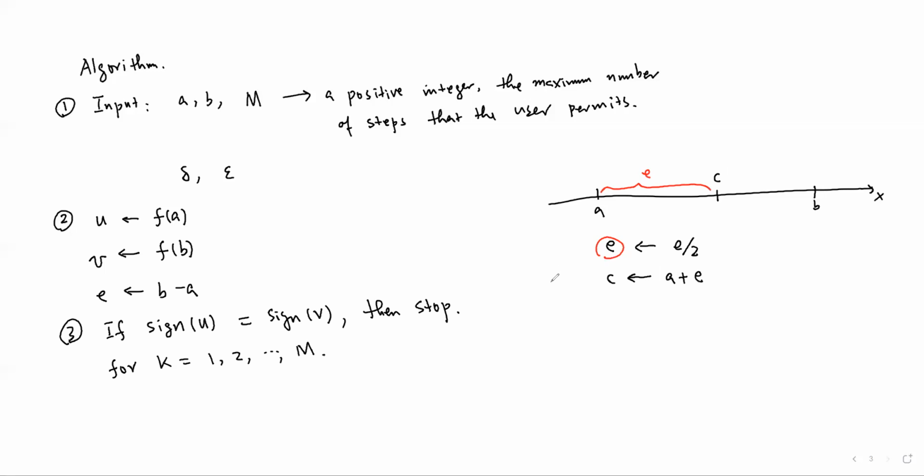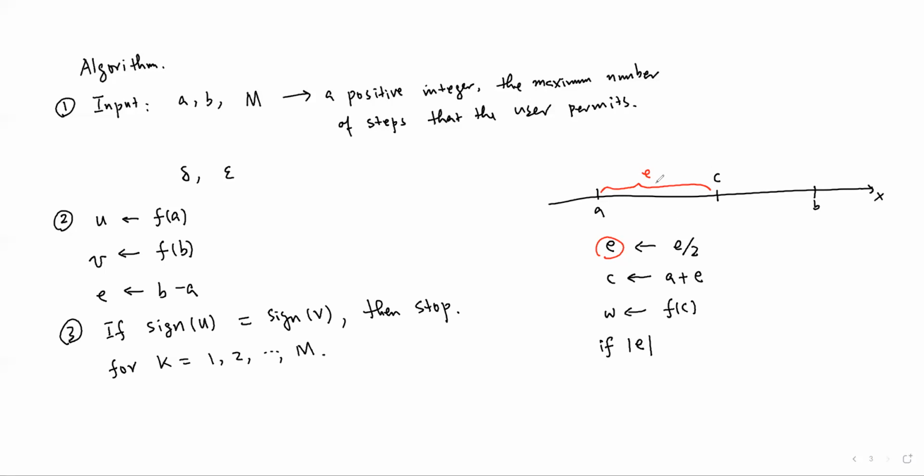After we have the midpoint, evaluate the function value at the midpoint, and then store the value in W. Now, check whether or not the above two criteria are met. Now check the criteria. If E,